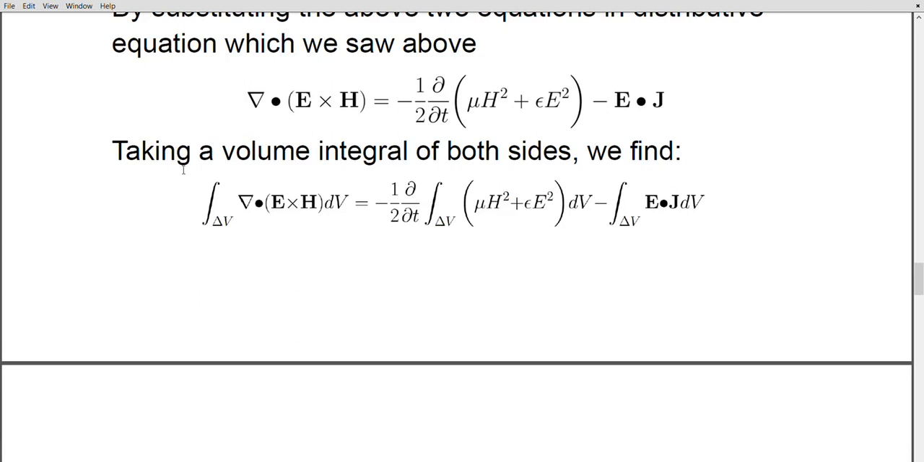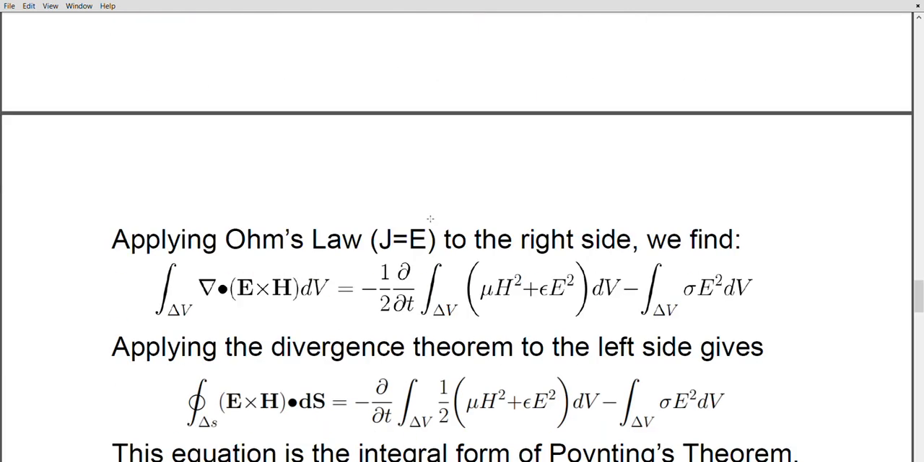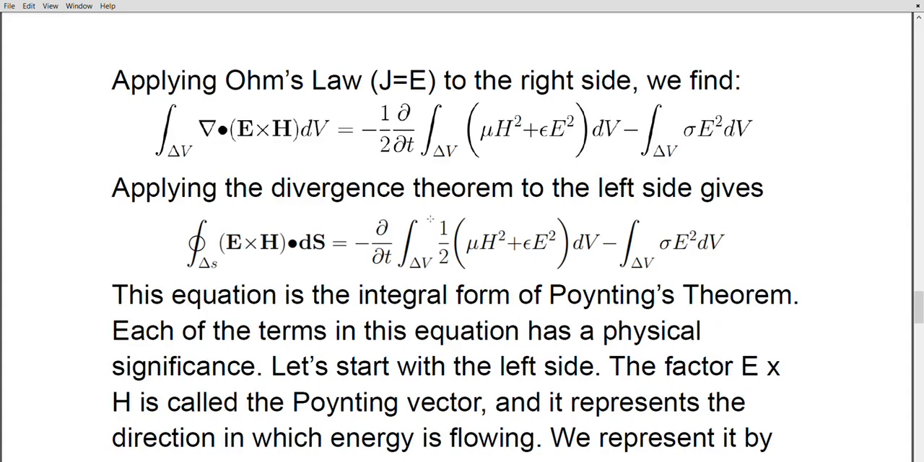then we will get volume integral del dot E cross H dV is equal to minus 1 by 2 dou by dou t of volume integral of mu H square plus epsilon E square into dV, minus volume integral of E dot J dV. By applying Ohm's law, which we already know, J is equal to sigma E, then we will get volume integral del dot E cross H into dV is equal to minus 1 by 2 dou by dou t volume integral of mu H square plus epsilon E square into dV, minus volume integral of